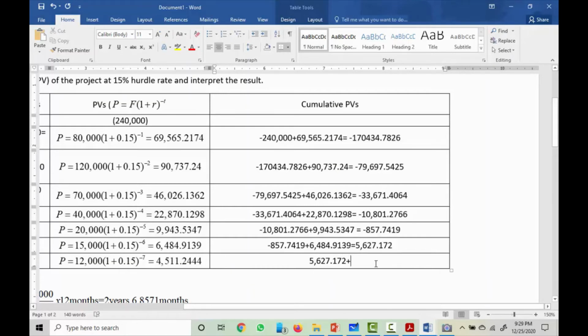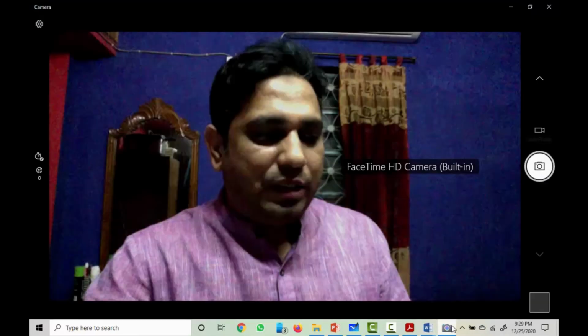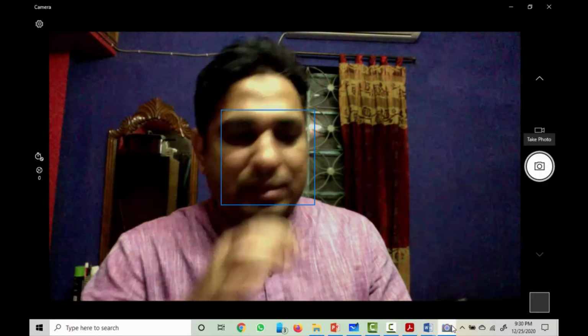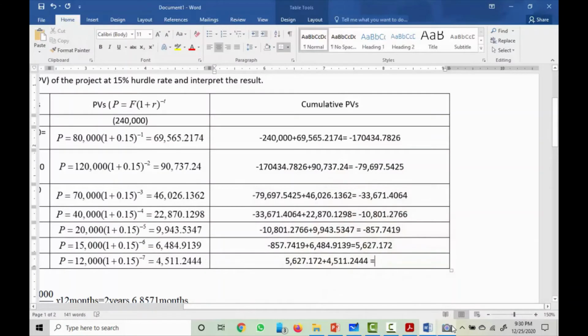Now we need to add the last present value. The last present value we have is 4,511.2444, right? So we just need to press plus, and then 4,511.2444. So the answer is